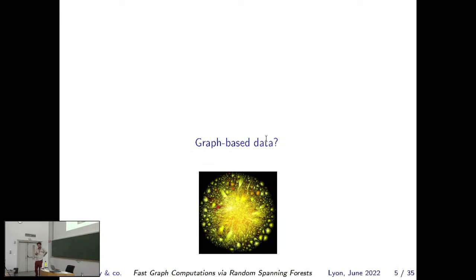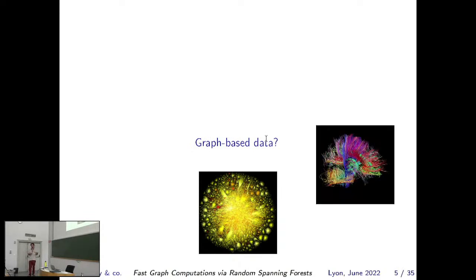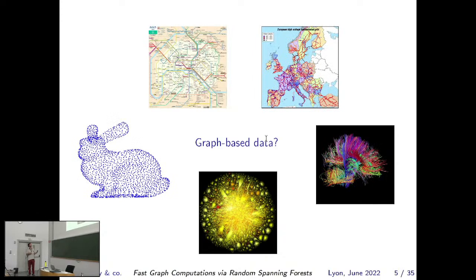Okay, so what am I trying to compute on what type of data? Graph-based data is very general, very versatile. Here are some examples. This is the internet, or an image of the internet network of computers connected with Ethernet links. This is an image of